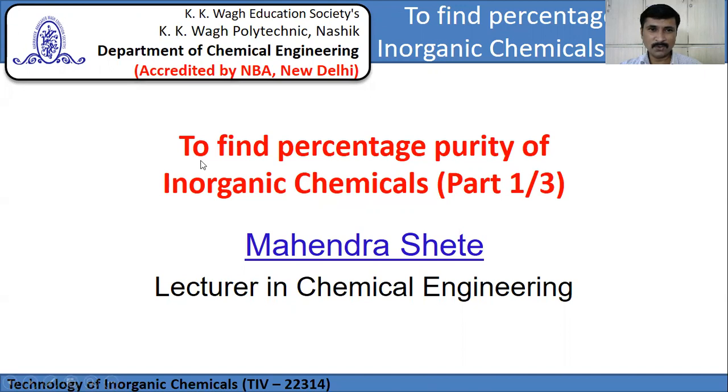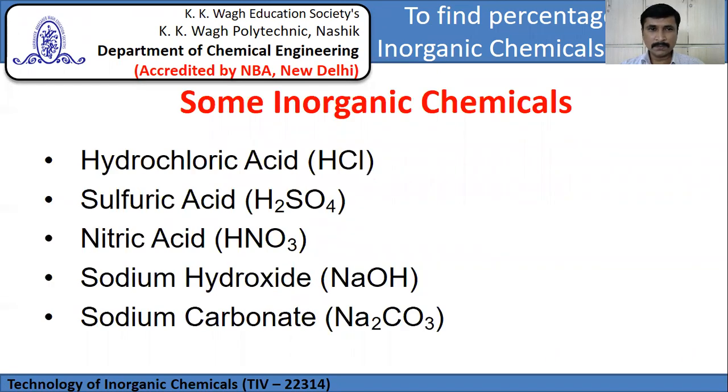In this session, we are going to study the experimental procedure for finding the percentage purity of inorganic chemicals from the course Technology of Inorganic Chemicals. This process is divided in three parts. In first part, we will study the basic principle involved in performing the practical. In second part, we will conduct the actual practical in laboratory, and in third part, we will study the calculation